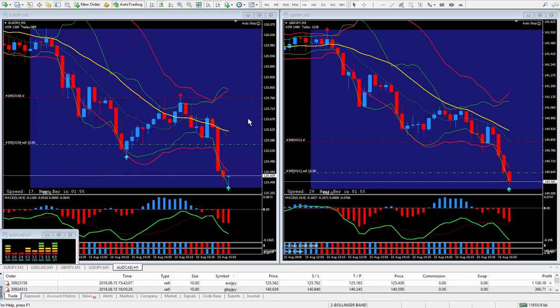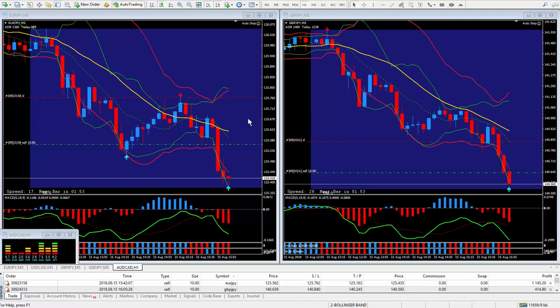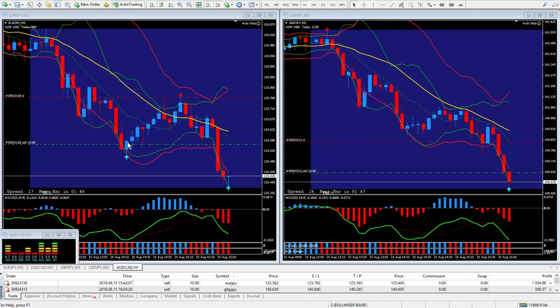I'm back doing another couple of trades. This is on August the 15th. Took a quick look at the meter, and the yen is very strong, so that means the yen pairs are going down. Took the trade about